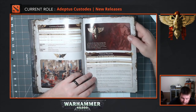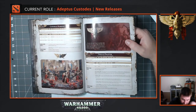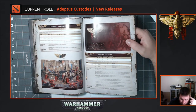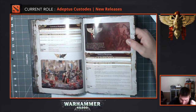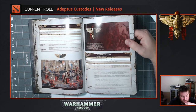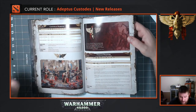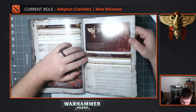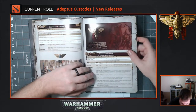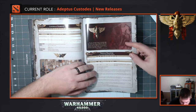So imagine building like a Death Star with Captain-General Trajan Valoris and a Vexilla. You're not only going to re-roll 1s to hit and wound, but you're going to pick up an additional attack here. There's also a stratagem that allows you to get buffed out when you're within 6 inches or so of a Dreadnought. So that's really going to be quite interesting. The Dreadnought wouldn't pick up the benefit of this extra 1 attack, but